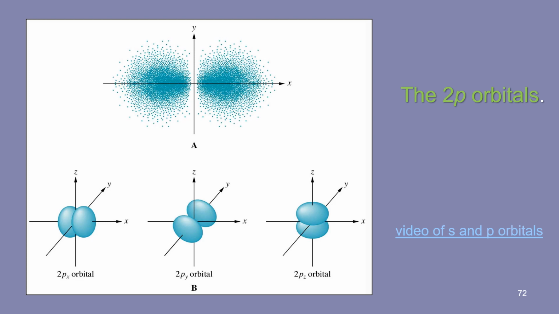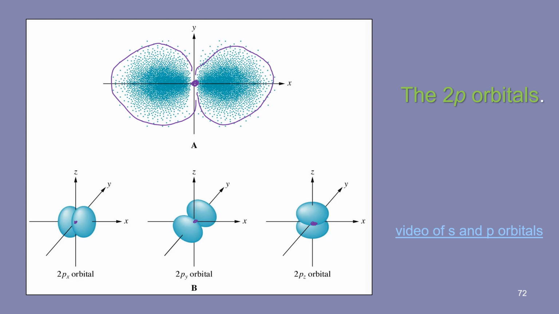Here's the p orbitals. You can see here, they look like dumbbells. So that's the region in space. That just represents the probability. And of course, it's more dense here. It's more likely to be here, but they can be anywhere in this dumbbell region. And since there's 3 of them, this is showing the 3 axes. So if the nucleus is right here at the center,